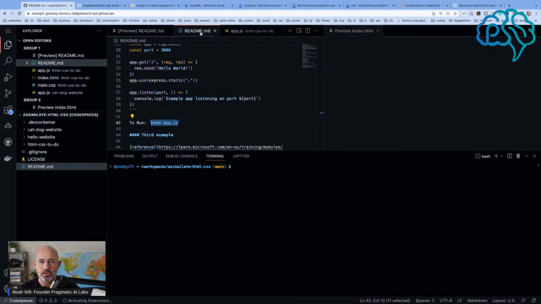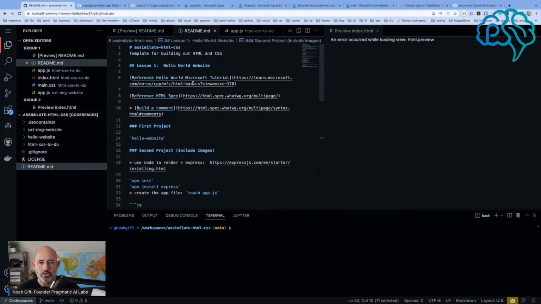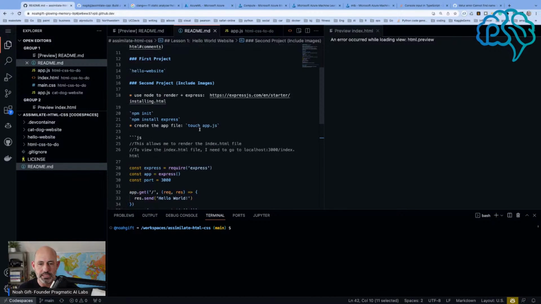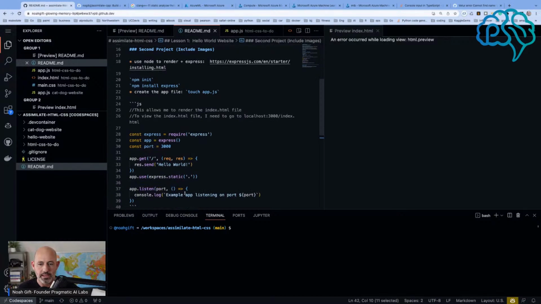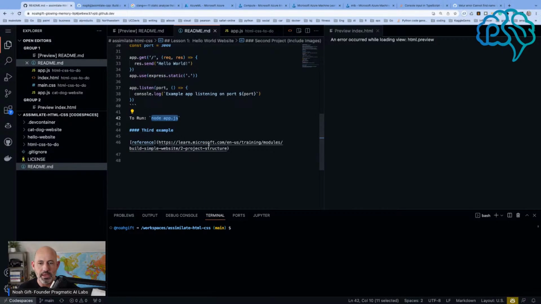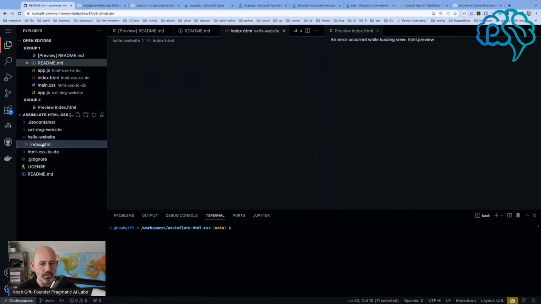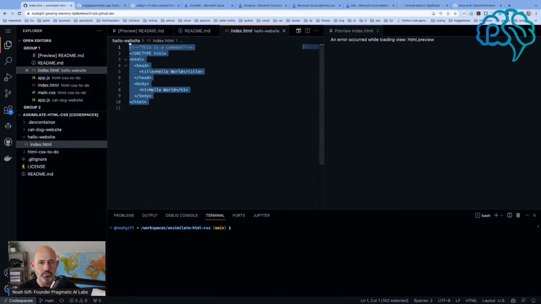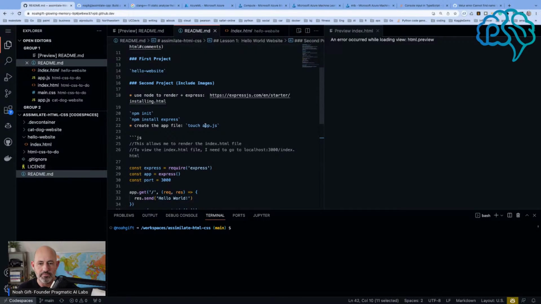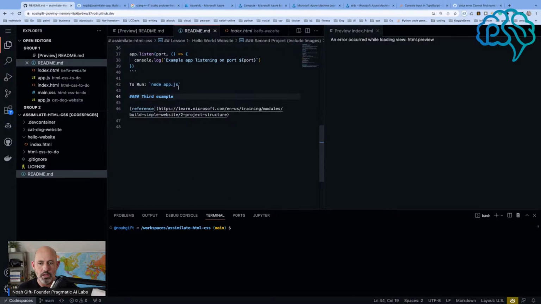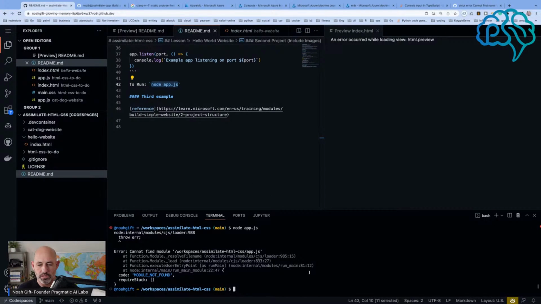Let's go look at my README to just make sure I understand where I left off. So we built this website, we installed Express, that then renders out the static HTML, which should be under hello website, which is this one right here. So this is a super simple website. And if I go back again really quick to load it again, we can try this out. So we can just go here, node, which then